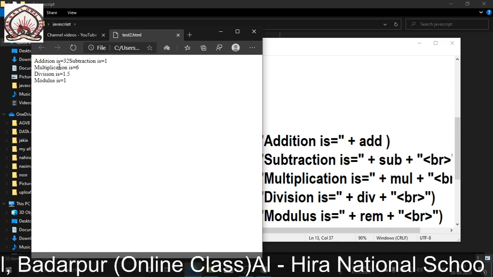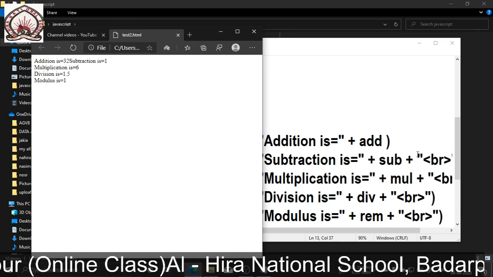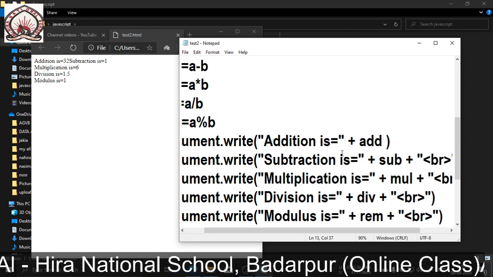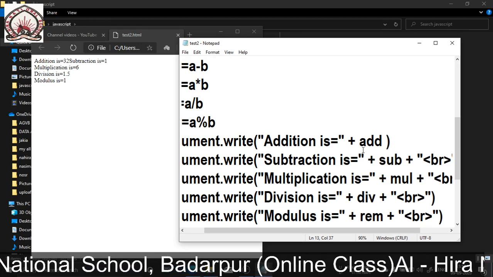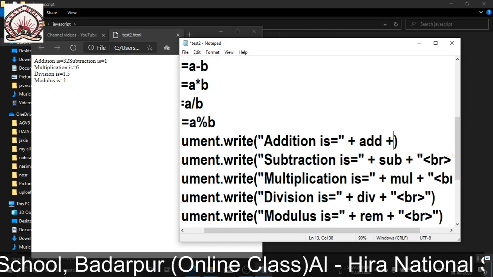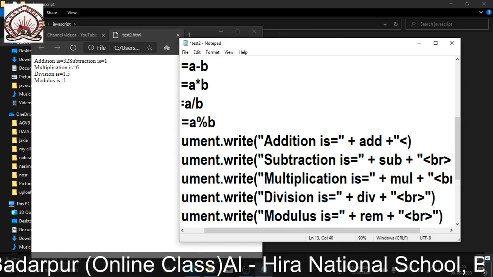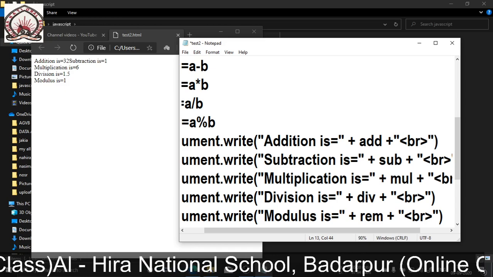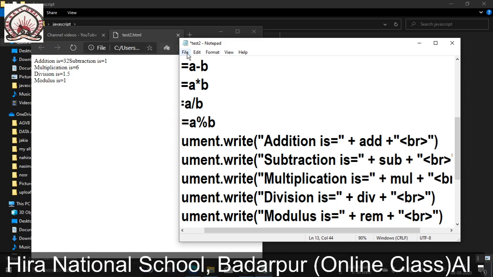You can see addition and subtraction come in the same line. If I give a BR after addition, the next result will come on a new line. So let me give plus within double inverted commas the BR tag, which means break line tag. Let me save it, and you can see it will come in.